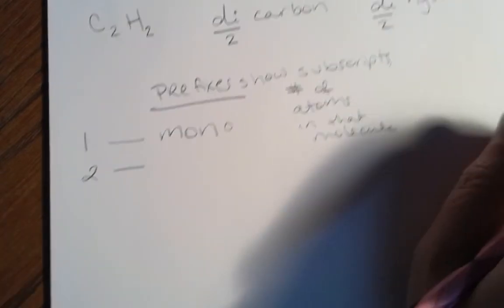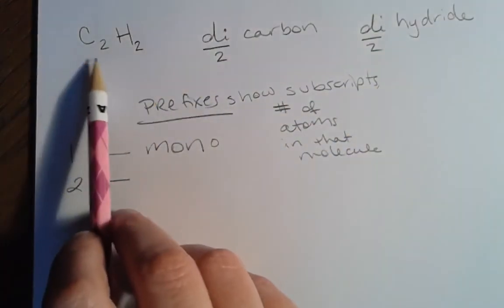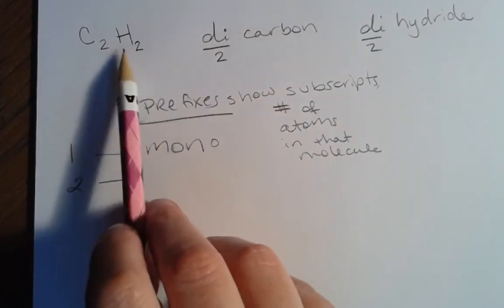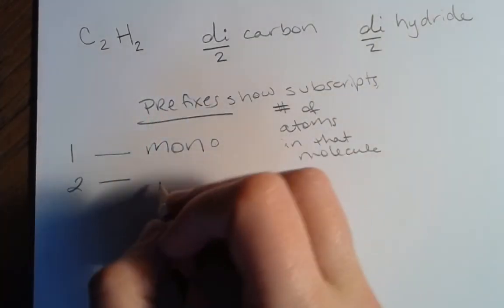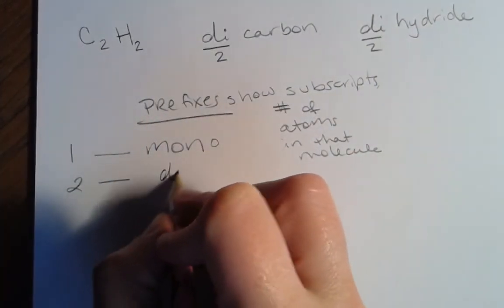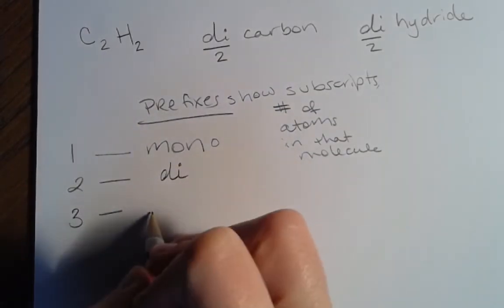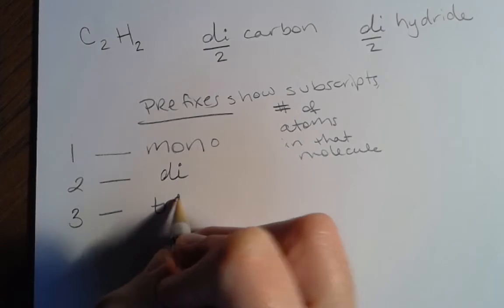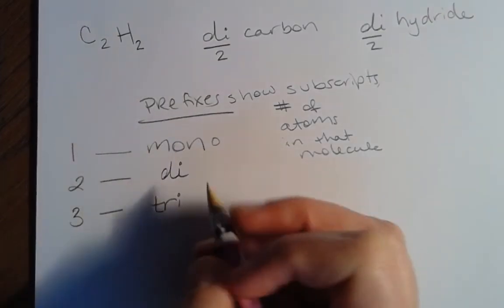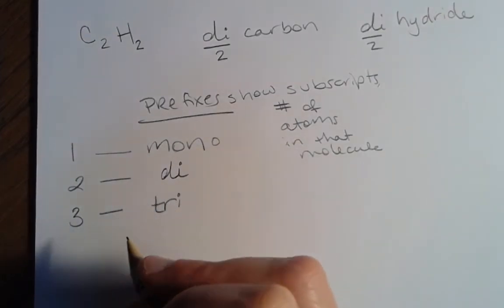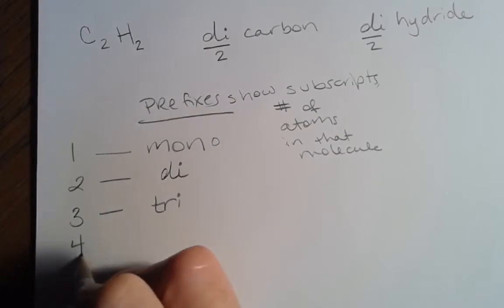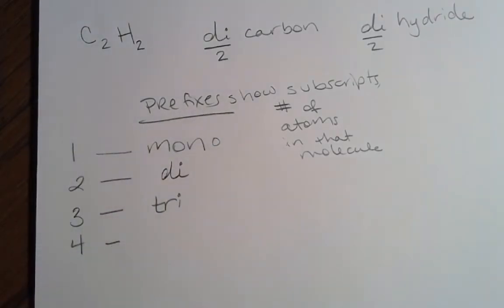Yeah, so we can even leave this up as an example. 2 carbons, dicarbon, 2 hydrogens, dihydride. The prefix for 2 is di. Prefix for 3 is like a little kid's bike. So this is tri, or the geometric shape, tricycle. Tricycle, triangle. 4 is the one that you are most likely to say quad, which is another super valid